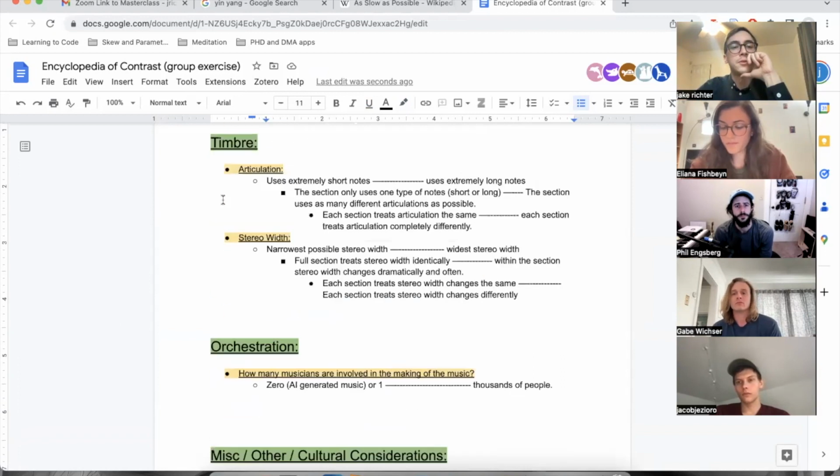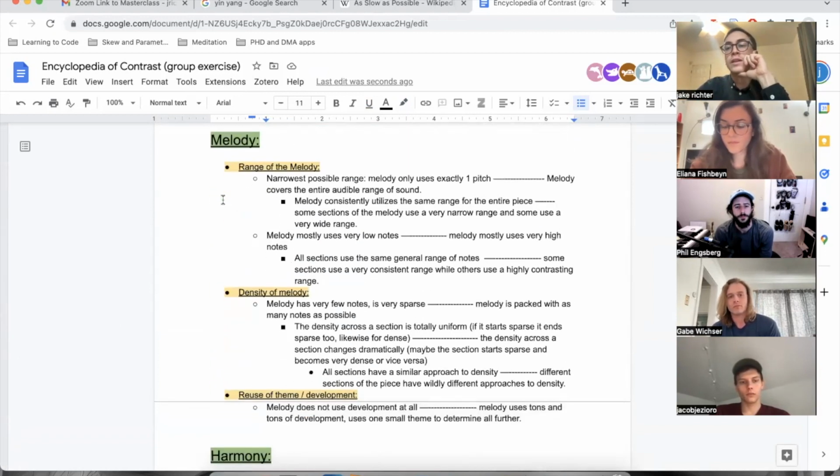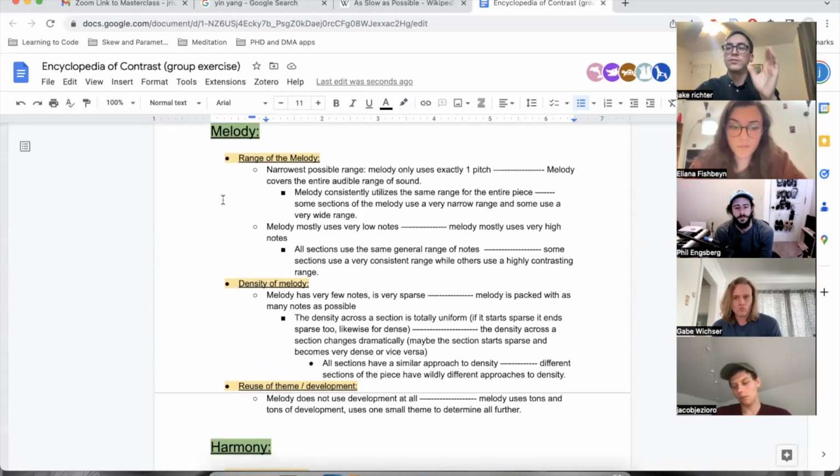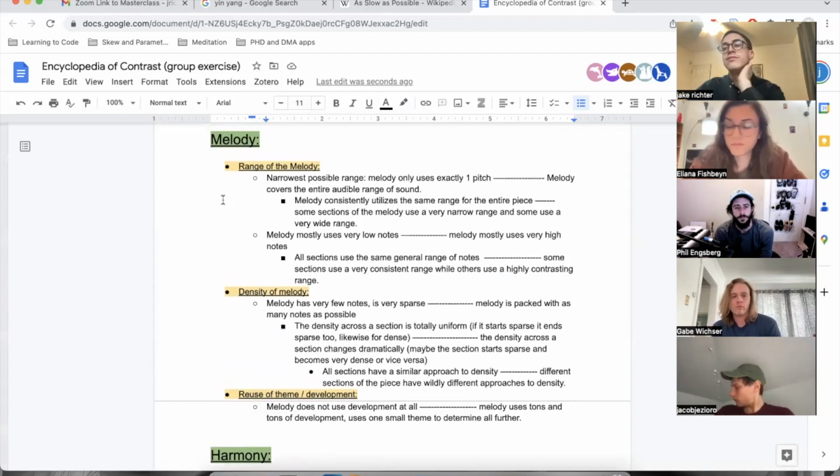So these parameters, this is worth saying, can be very concrete, like mathematical physics of sound type parameters. They can be things like that, or they can be very, very abstract. And the reason that I'm happy to put them both in the same kind of sheet is sort of what